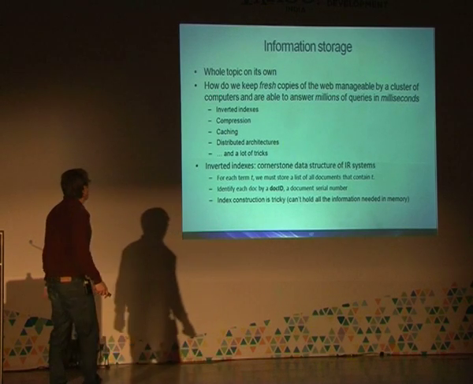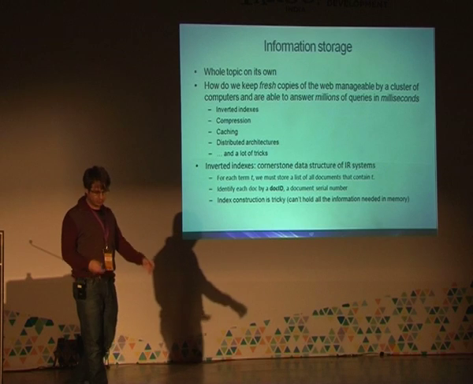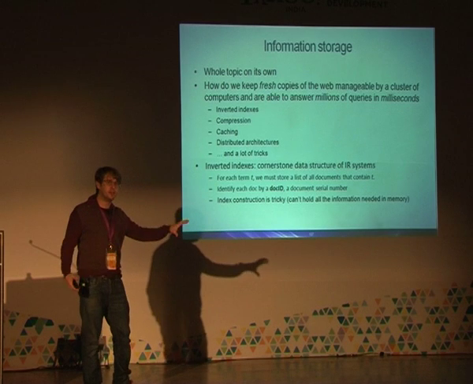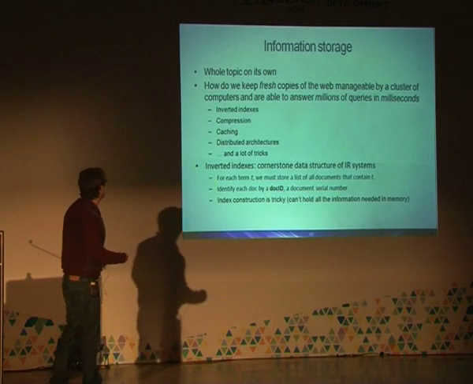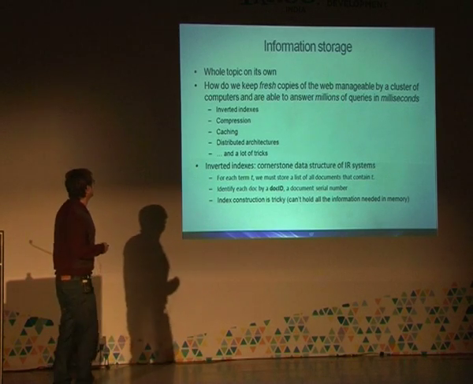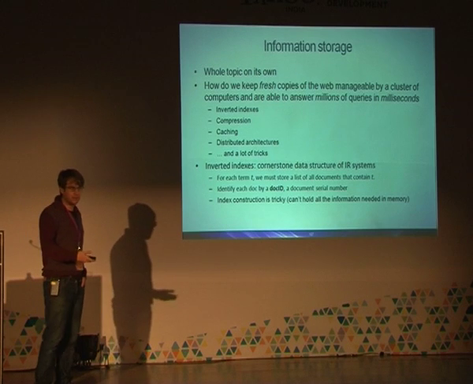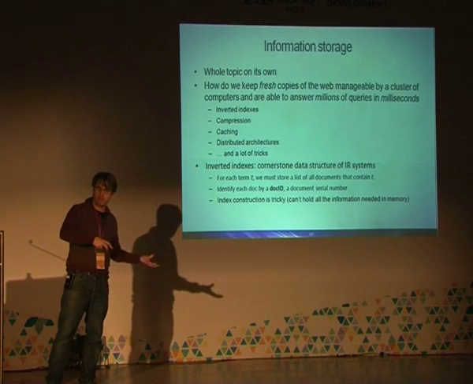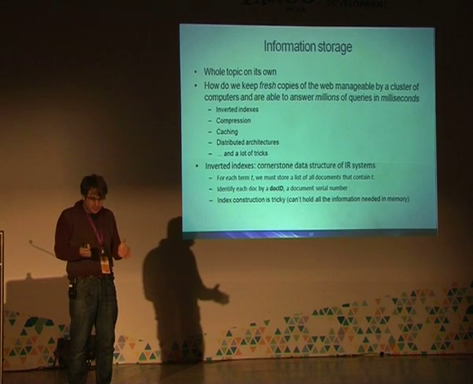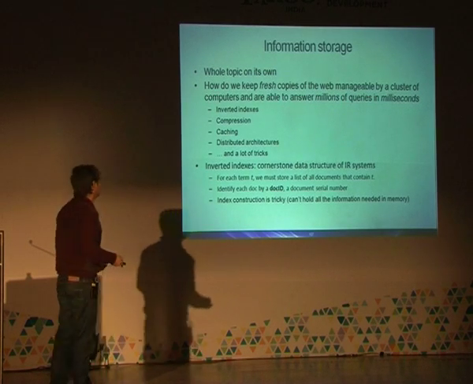That sounds pretty hard. But essentially, the cornerstone are inverted indexes, and I'll show you a picture of a cute inverted index right now. But this is the basic data structure that has been in there since the mid-90s, I think. Also, compression is a big deal because compression not only lets you store all this data in a reasonable amount of space, but it also lets you have more free main memory for other operations like caching. Right? If you have a more compact representation of your documents, you have more space for the cache, and that's very good.